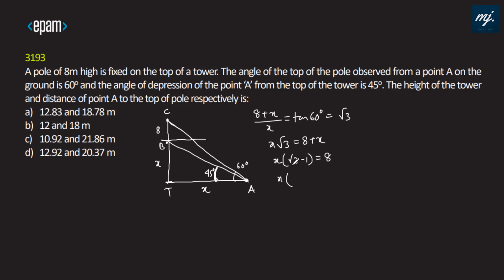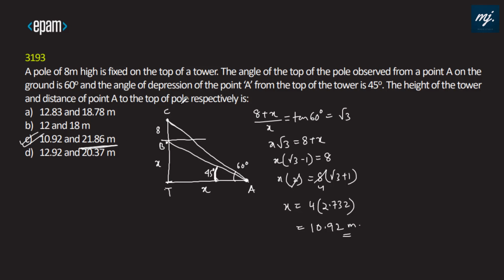If I rationalize both sides, I'll get 3 minus 1, that is 2, and 8 into root 3 plus 1 over 2, the 2 cancels out. So X, that is the height of the tower, is 4 into root 3 plus 1. Root 3 is 1.732. We can use it because in the options all numbers are given. That would be 2.732 and that will give us 10.92 meters. We can see that there is only 10.92 meters in one of the options. Obviously this will be the answer, but let us see whether this answer fits in with our calculation or not. That is the height of the tower.